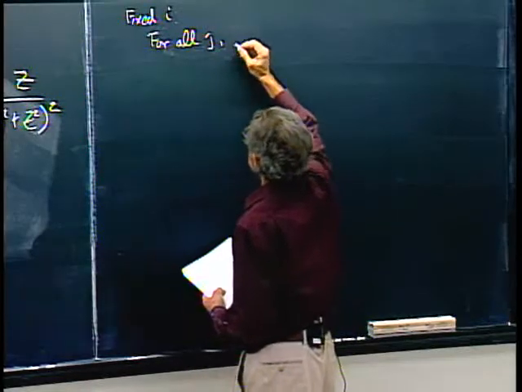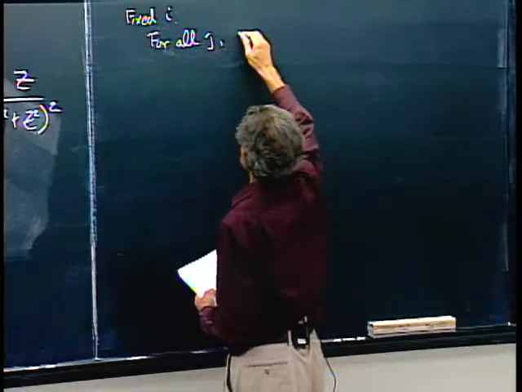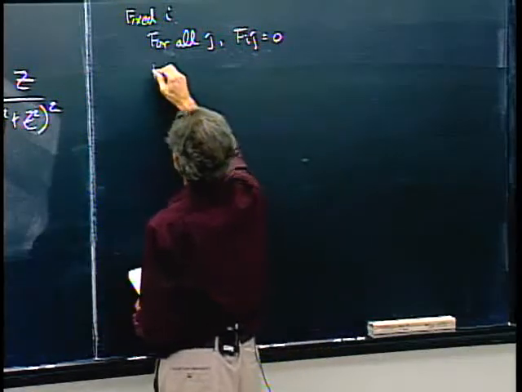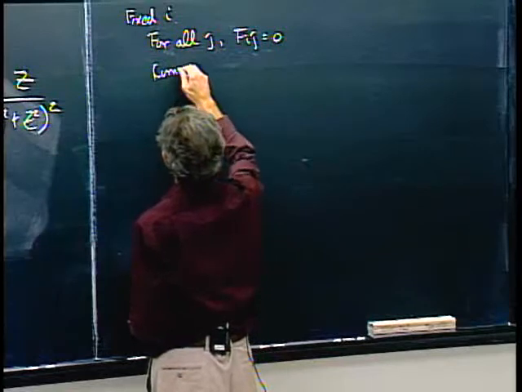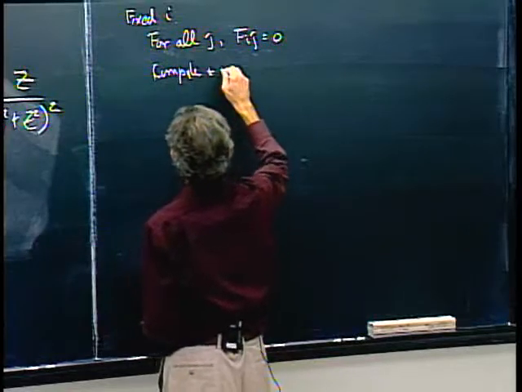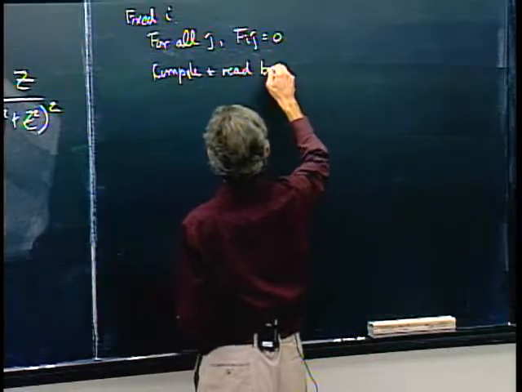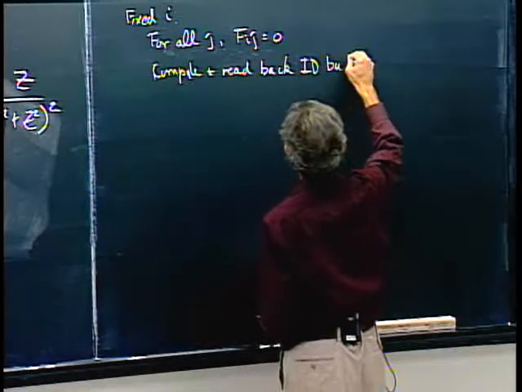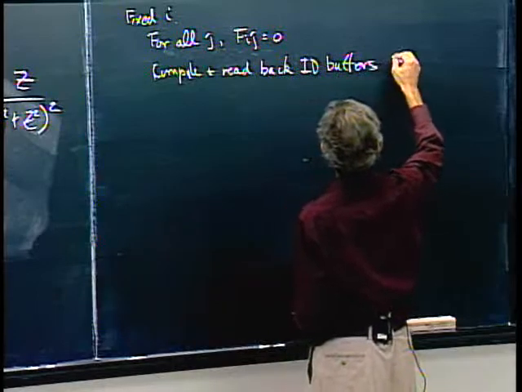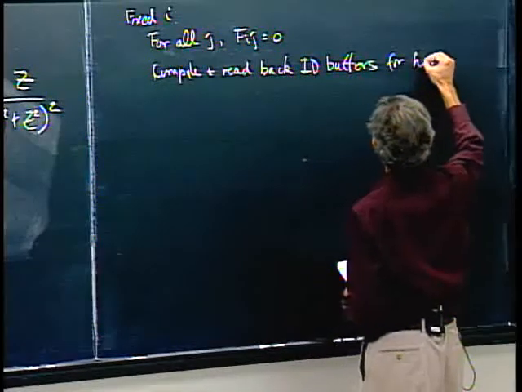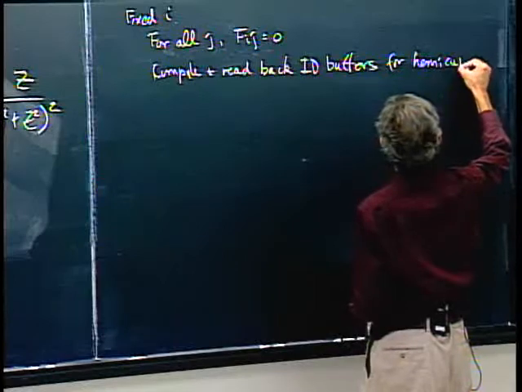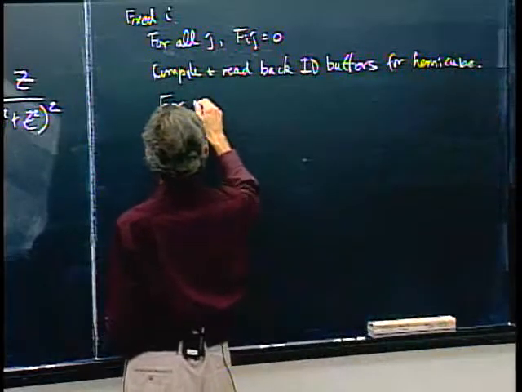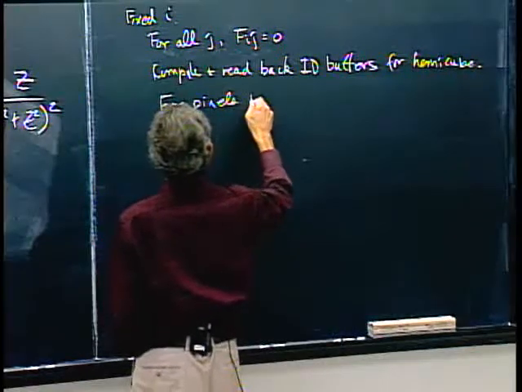But for the one hemicube based at I, we're going to set Fij equal to 0, and then compute and read back ID buffers for hemicube faces, and for all pixels P,